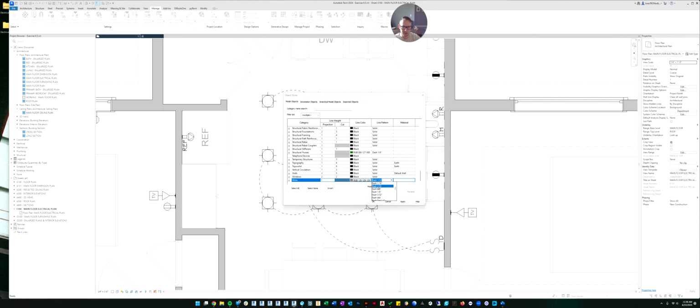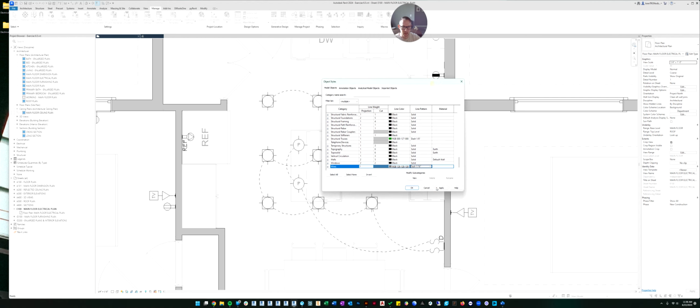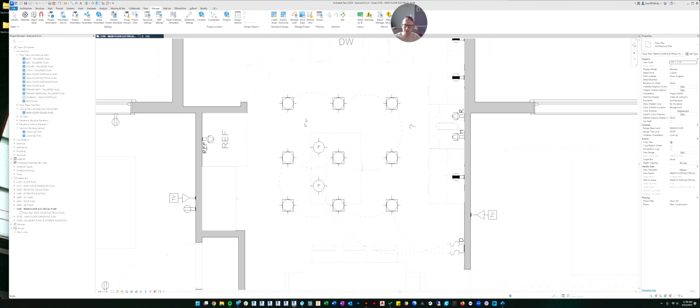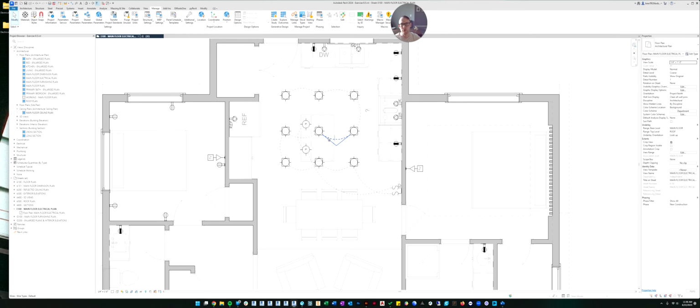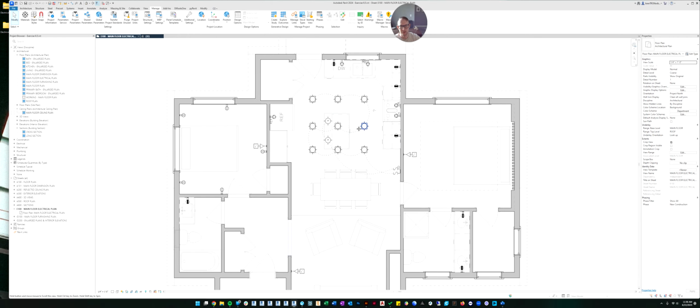Right now I have it as a really little dash. If I want the dash longer, I could do a 1/16 inch dash. And if you click apply, you can see a preview of what it would look like. Now I like my wires really small dashed, so I'm going to go back to the 1/32 and click apply and click OK. So do you see how they went a little bit gray and dashed? That's how you would control how the wires look.